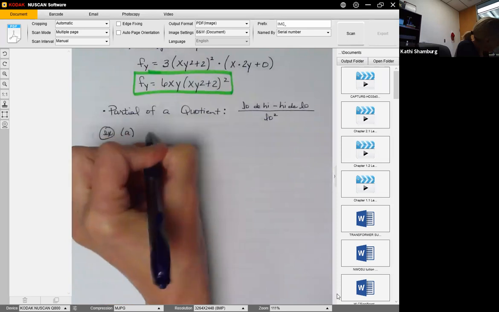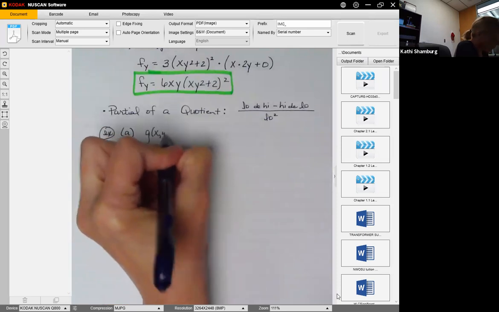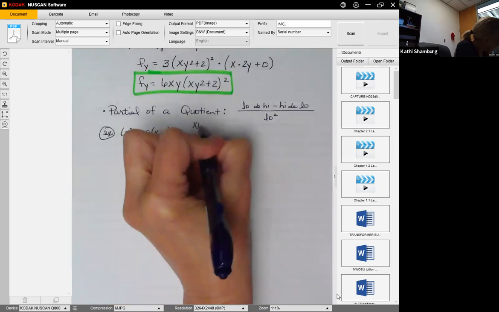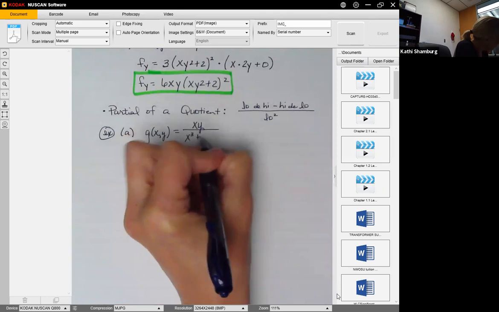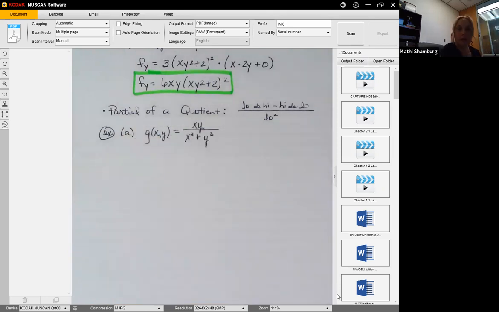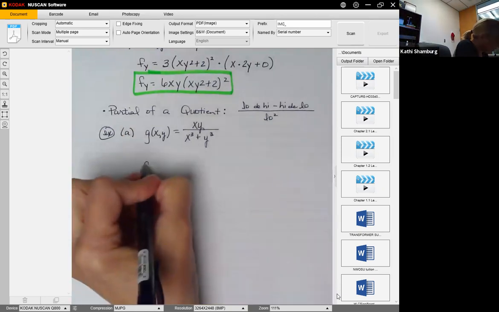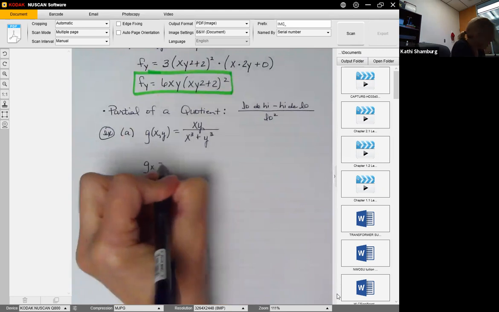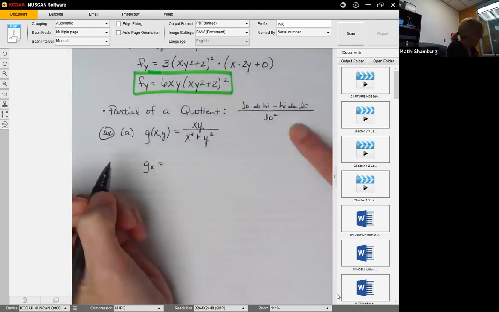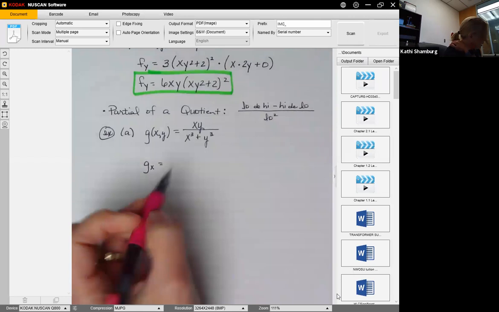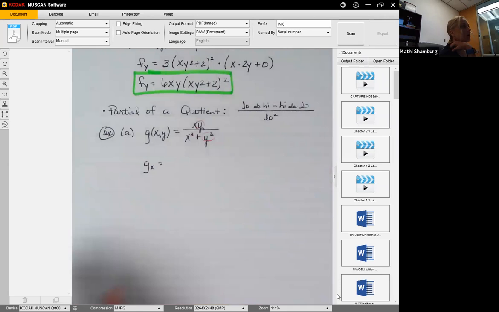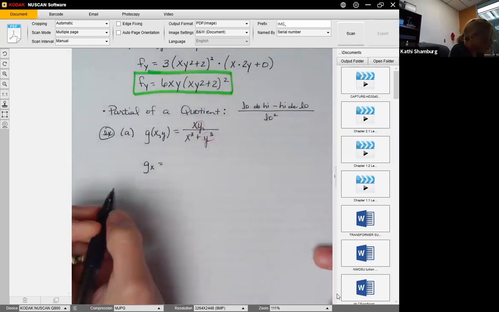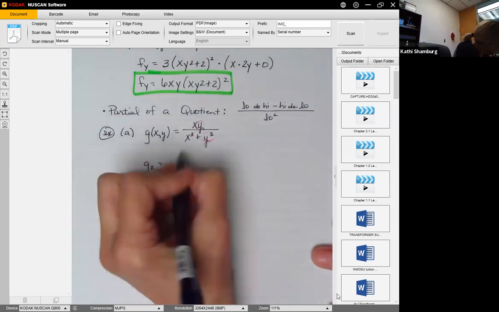We have the function g of x, y equals xy over x cubed plus y cubed. All right, so we have a numerator and denominator. So now we're going to take the derivative with respect to x. So we're going to follow this. And when we take the derivative with respect to x, we know that these are constants or constant multiples. All right, so we start out with low, so we just leave that alone,